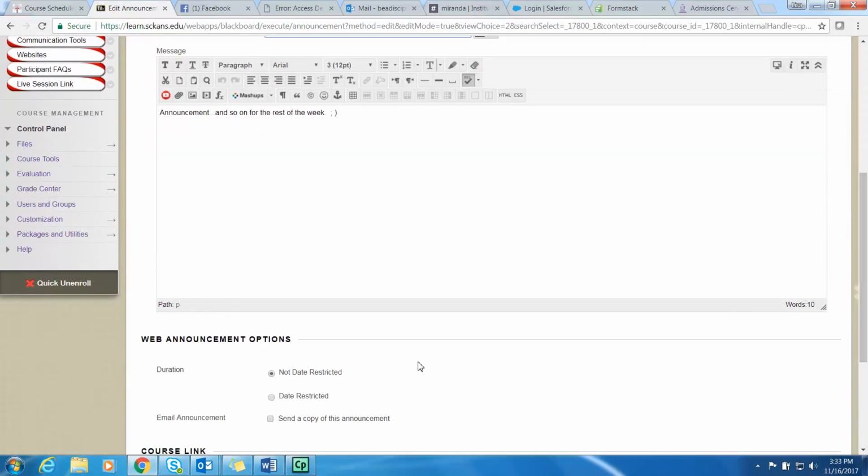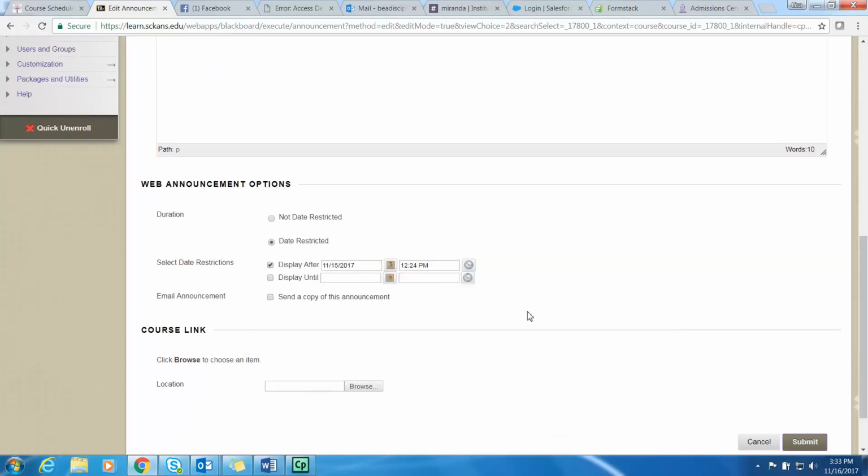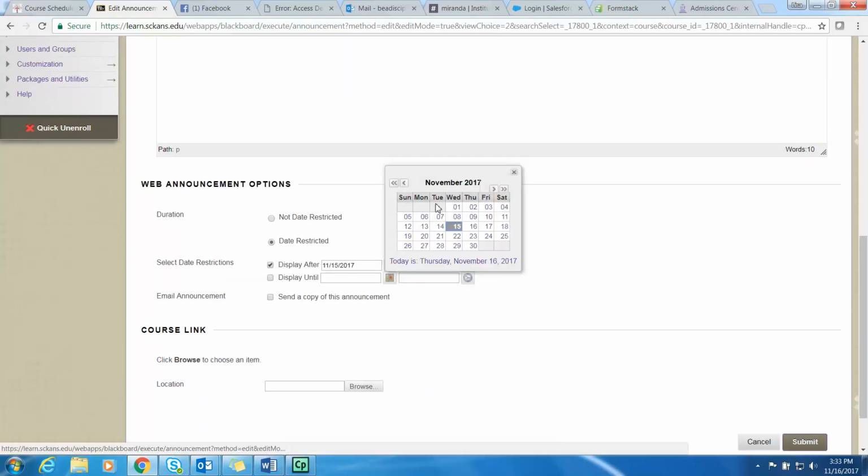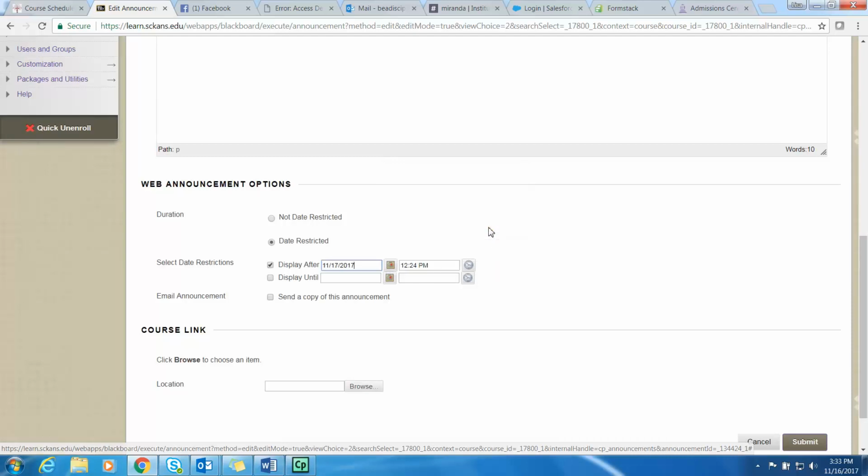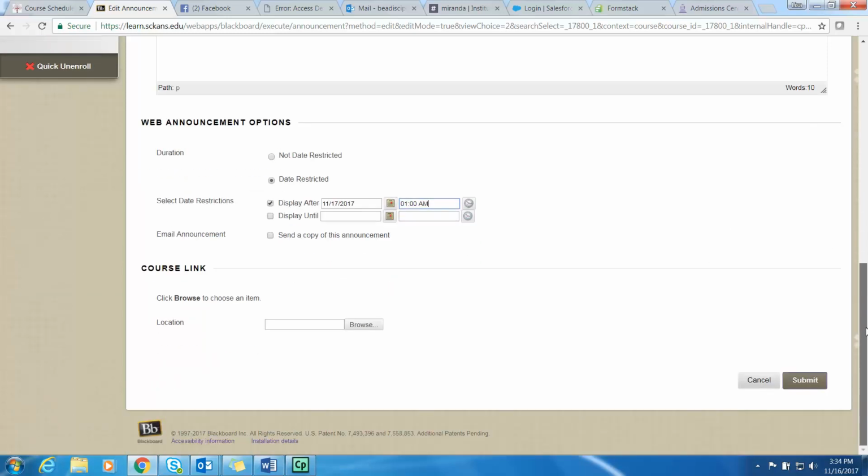Okay, so you didn't date restrict this one. So let me show you that if you wanted to set this for the Wednesday of the week, then you could date restrict it. And of course that day's over. Let's say I wanted to send it Friday. Then you could display after for Friday, and I almost always set mine for 12:30 or 1 o'clock in the morning. So I beat the early birds in the room. And then of course you just submit,